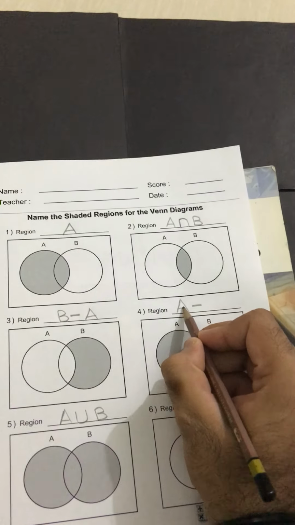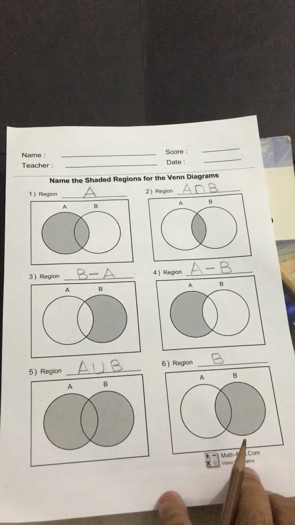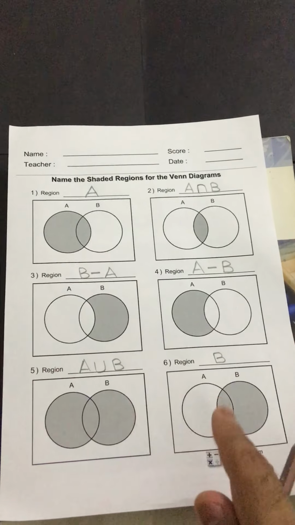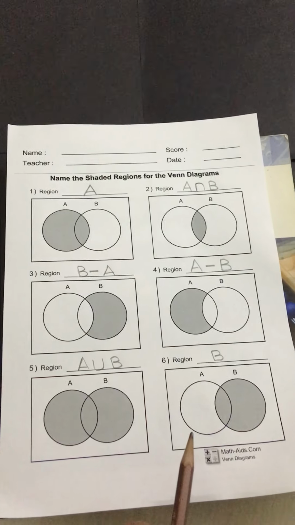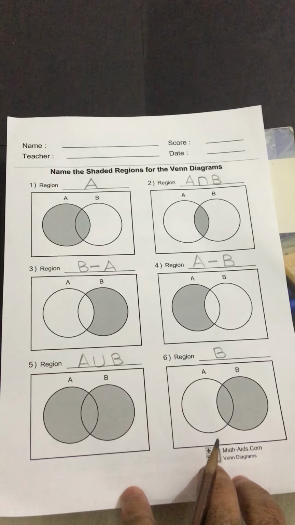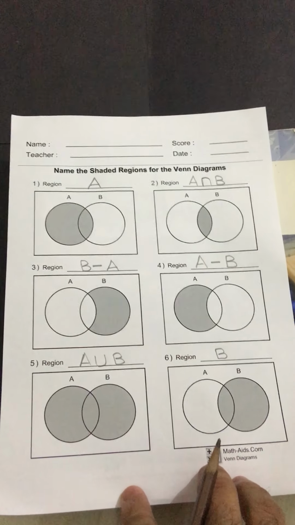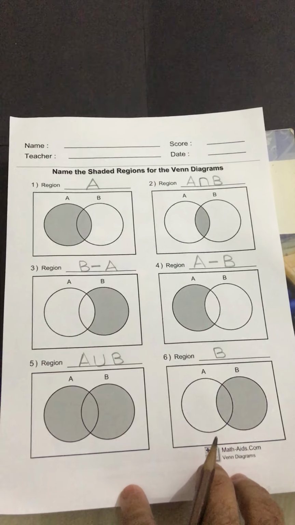So that was all about naming the shaded region of the Venn diagrams. It was just the opposite of the worksheet we did earlier. I remember that worksheet in which we were given these mathematical operators and we had to use them and shade the region where the answer lies. So this was just the converse of it, and shaded regions were provided to us, and we were just asked to find the answer in mathematical form.